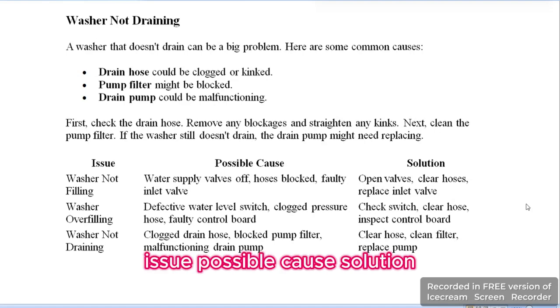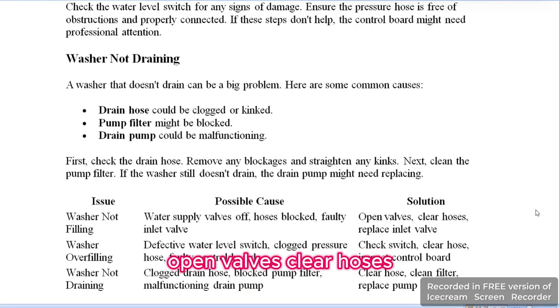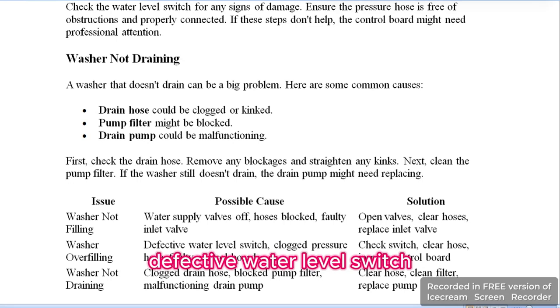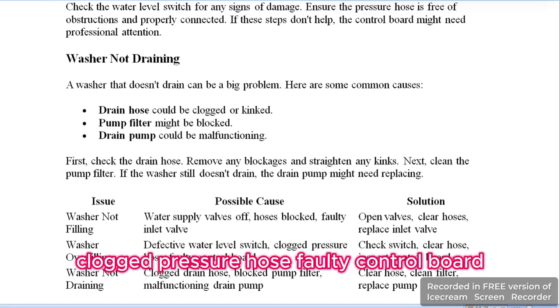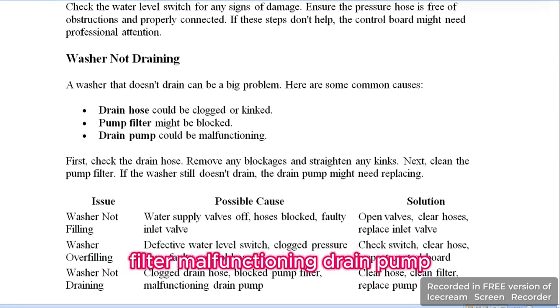Issue, possible cause, solution. Washer not filling: water supply valves off, hoses blocked, faulty inlet valve. Open valves, clear hoses, replace inlet valve. Washer overfilling: defective water level switch, clogged pressure hose, faulty control board. Check switch, clear hose, inspect control board. Washer not draining: clogged drain hose, blocked pump filter, malfunctioning drain pump. Clear hose, clean filter,